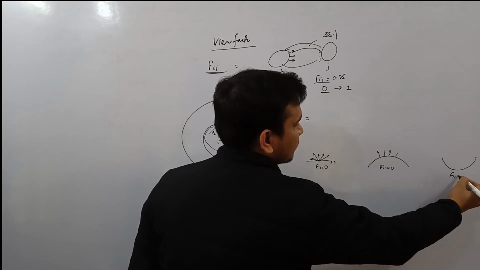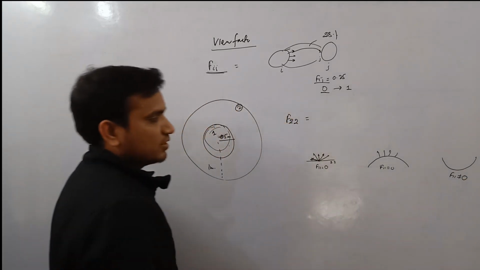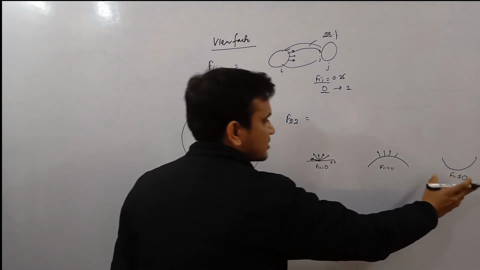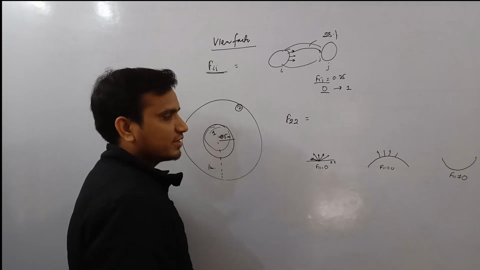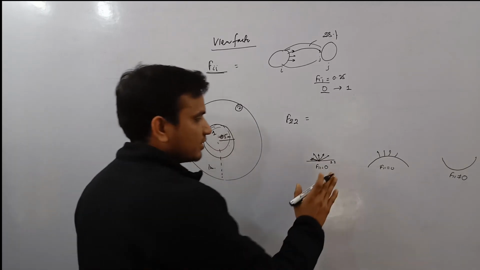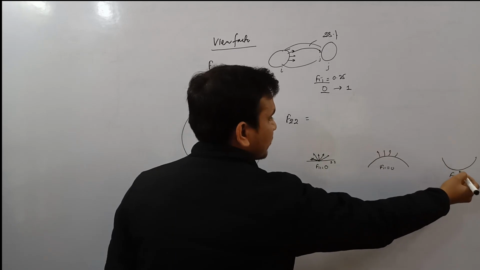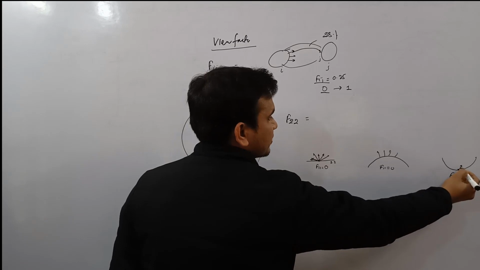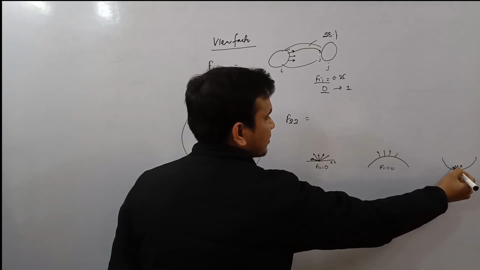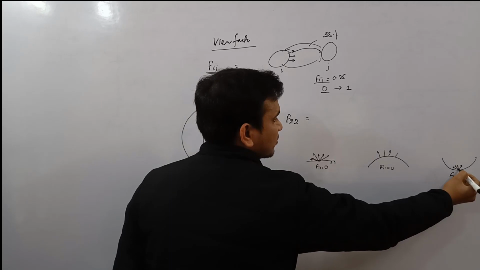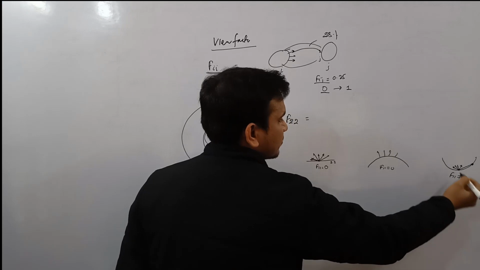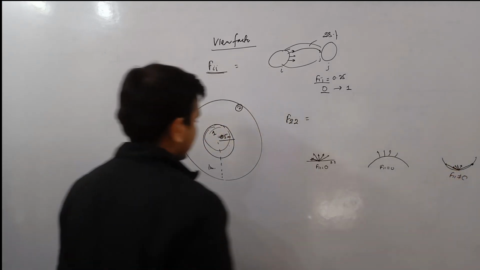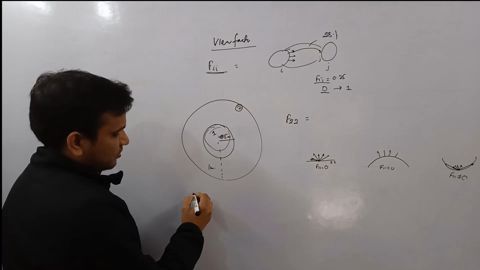But for the concave one, this F11 will not be equal to 0. This concept is given in the book also, and if you find the PDF on the internet, it is given over there. Why will it not be 0 here? Because from one point there will be chances that it will liberate radiation in all directions. So suppose it liberates from this position, then this will again strike the surface. This will again strike the surface.